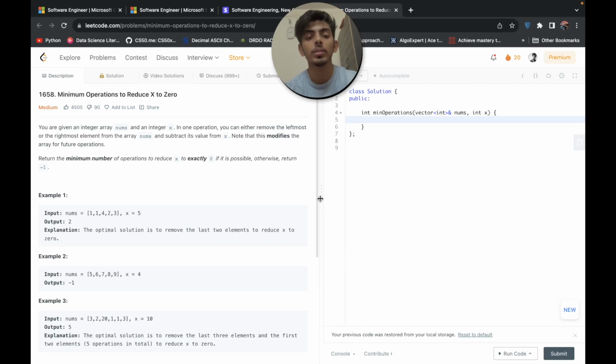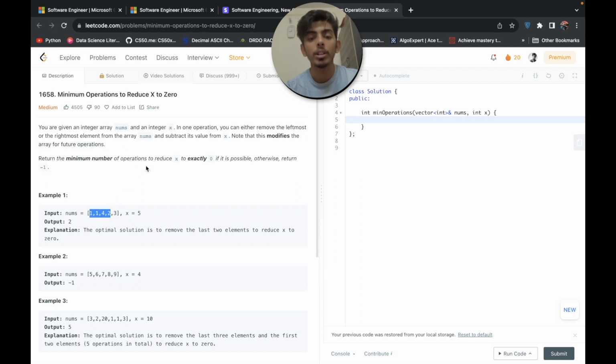Also, after one operation we will pick elements in the next operation from the modified array or vector. So if we have picked 3 initially, then in the next operation we will either pick 1 or 2, right?